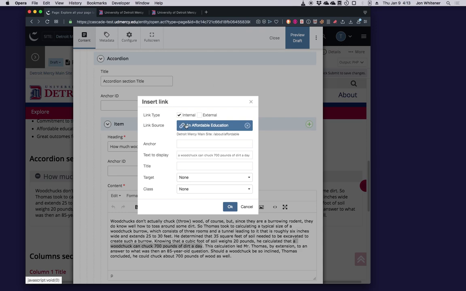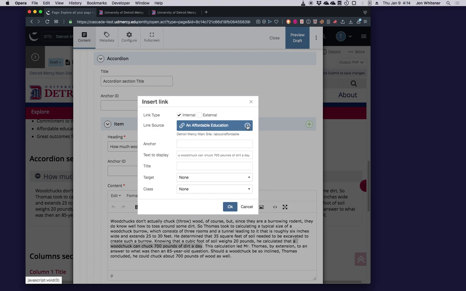Here it shows you the page title, and then down below it shows you the path to that asset in Cascade. You'll do that a lot, and whenever you're linking to another Cascade page, please use internal links. There are important reasons for that, not the least being that when pages move, Cascade will update links automatically, which solved a major problem in older web development. But anyhow, always use internal links for Cascade pages.